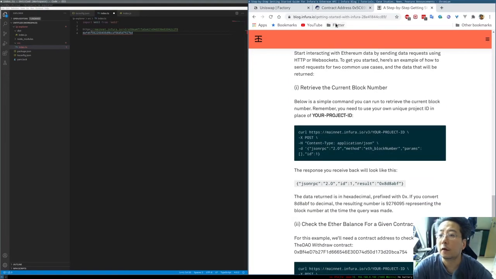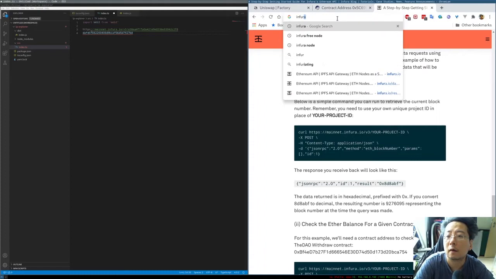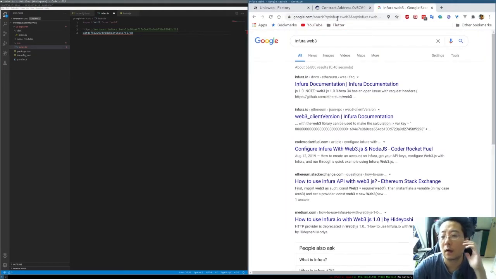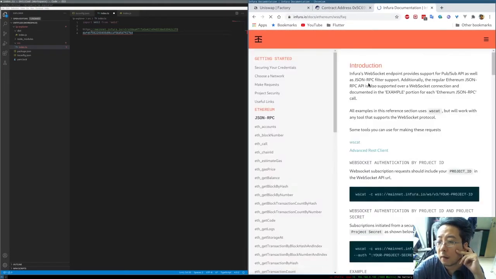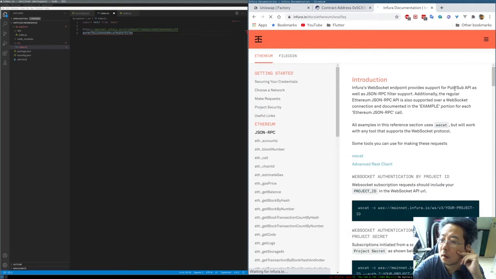I don't know if you can use Infura with Web3. That's probably the case, right? If you're just an RPC, right? If you're WebSockets,